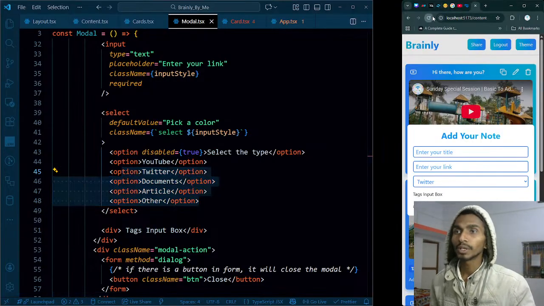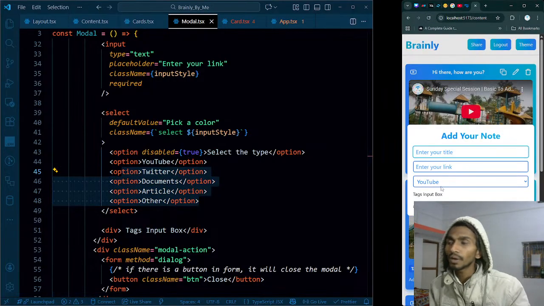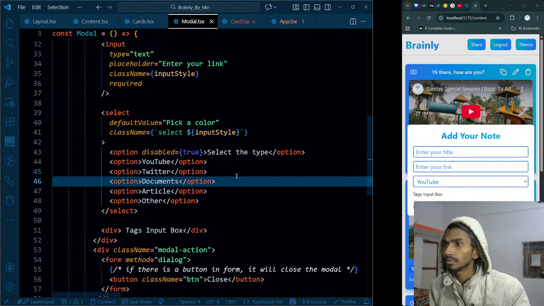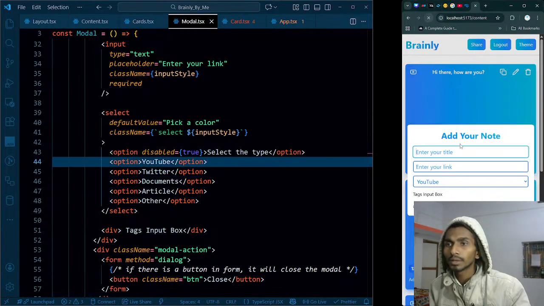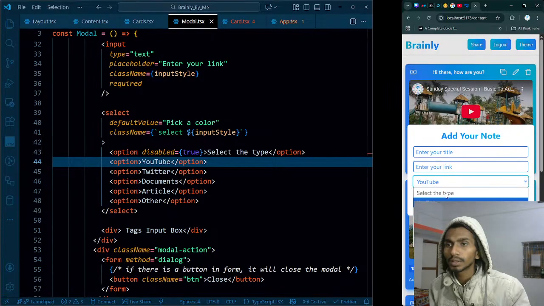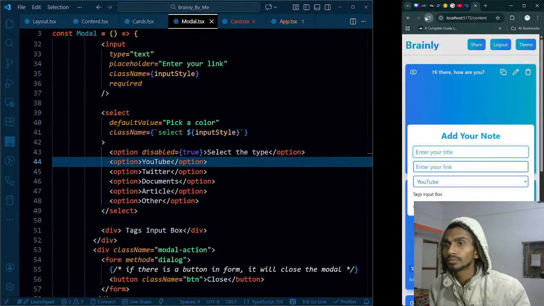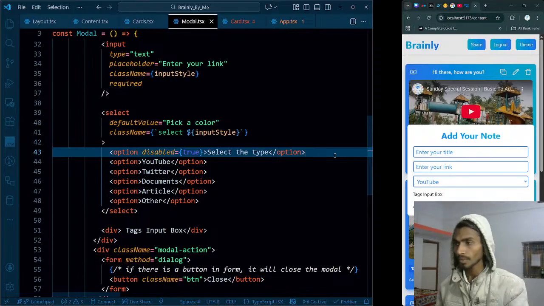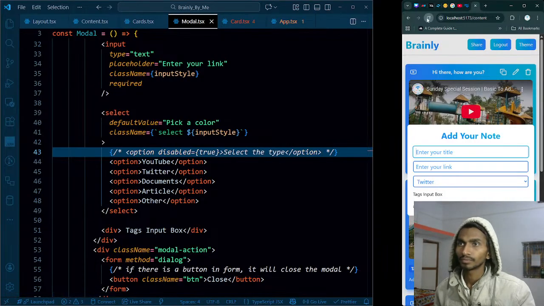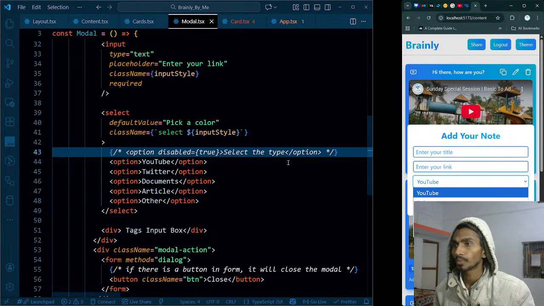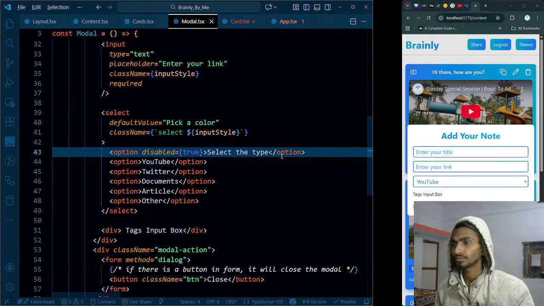So let's reload the page. I'm getting by default that's YouTube. Wow. If I reload it, select the type, I'm getting YouTube selected by default. Twitter, document, article, other. Disabled true, select the type. If I get rid of this thing, I'm getting YouTube. If I just have it over here,